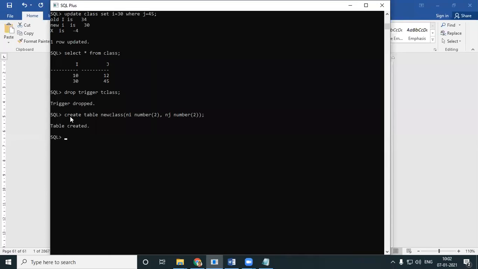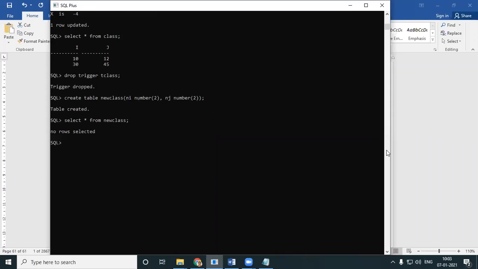Okay, I've created a table, an empty table with nothing inside.